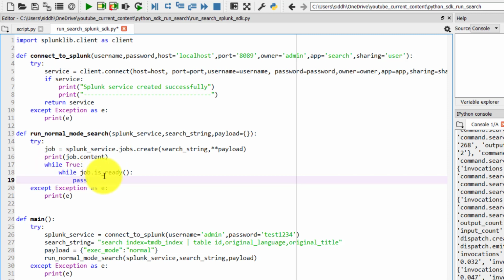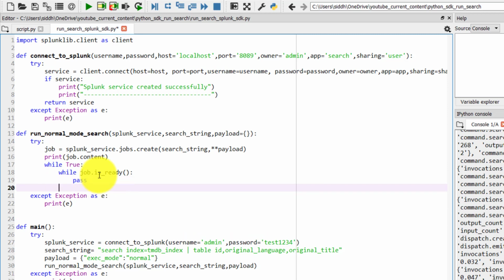If the job is still not ready, we will be running another infinite loop over here. Once the job is ready, we will check the job status, so we'll say if job, where job is my object.